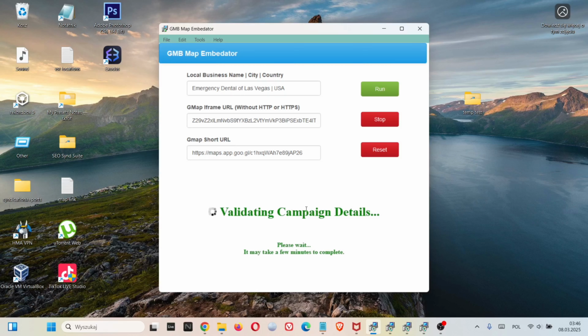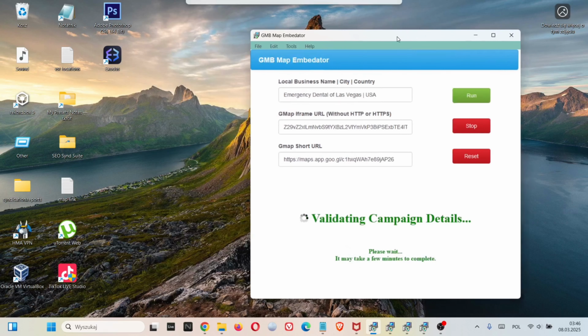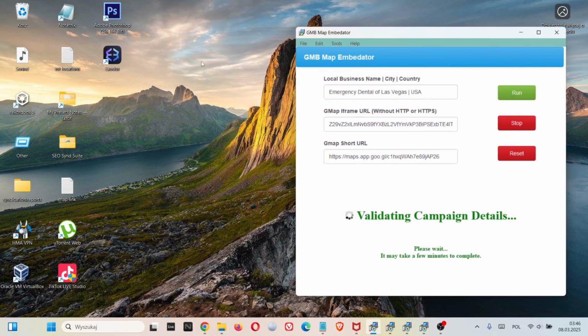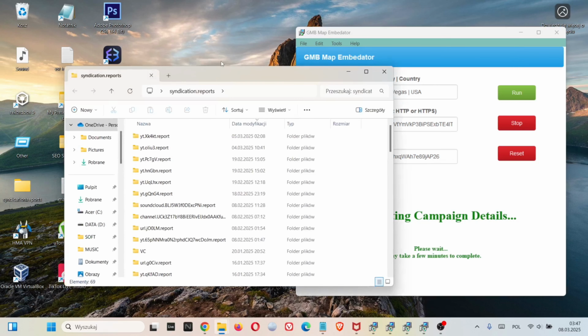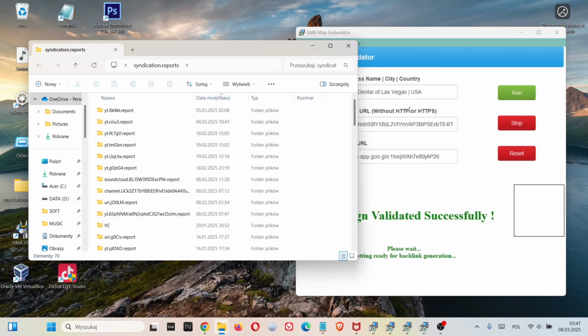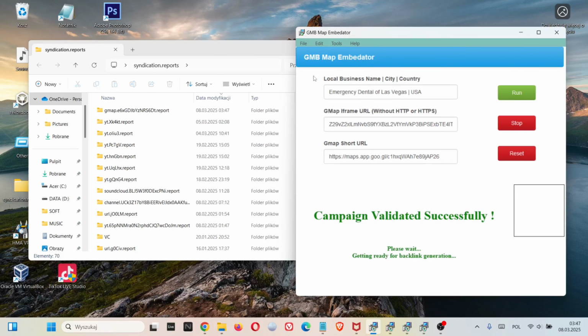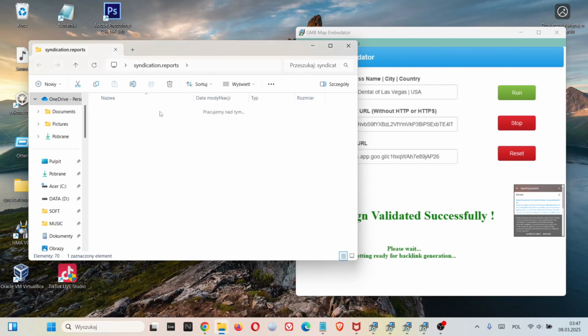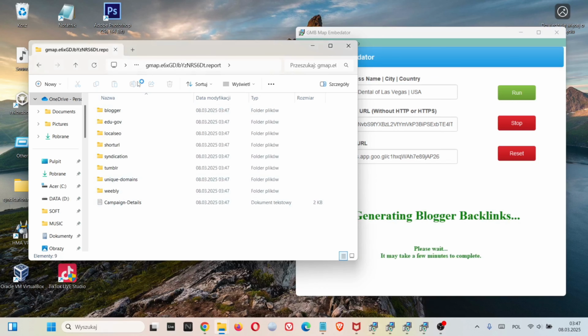Now it's validating campaigns. As you can see, we can open the syndication reports folder. It will automatically show up at the top because I sorted by the date of modification. Campaign validated successfully. As you can see, the folder appeared here, and there are empty folders here, and now